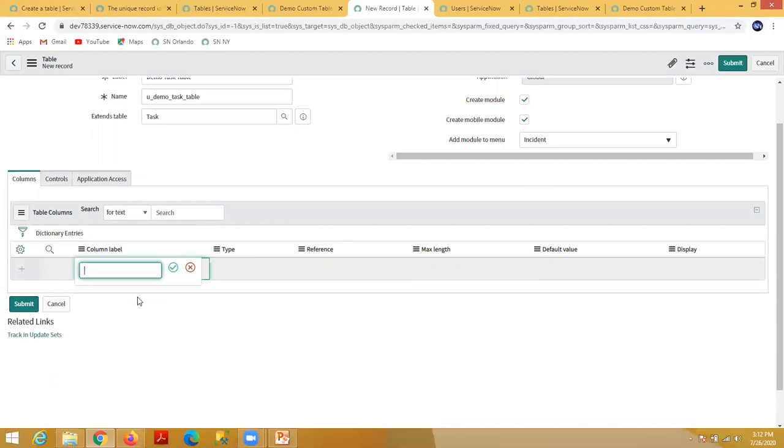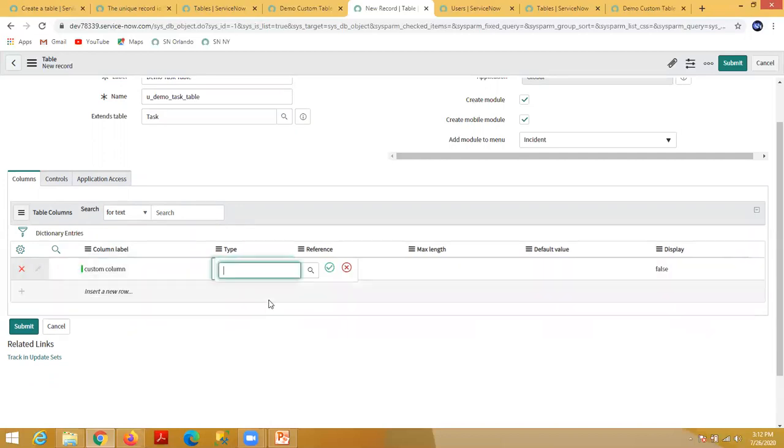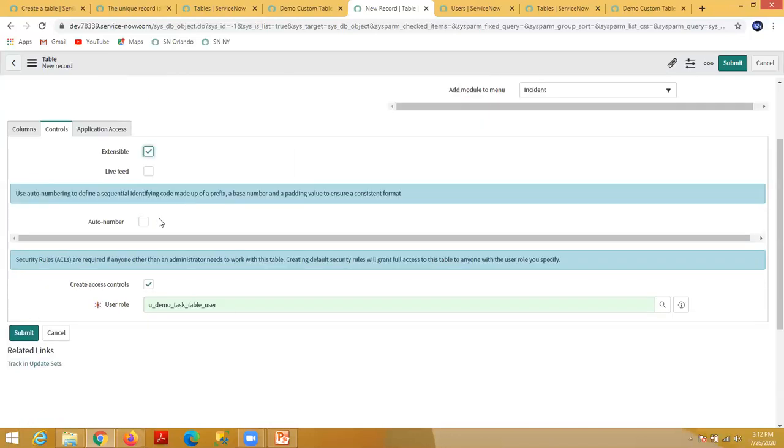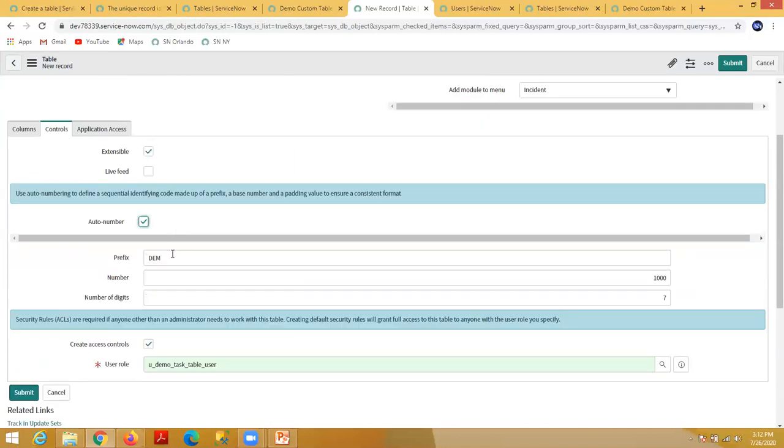Let's say the column is custom column, and the type will be string. That's all. This can be extensible. And for auto number, if you want a key, suppose "dem task", and for prefix this time I want it to start from 100.